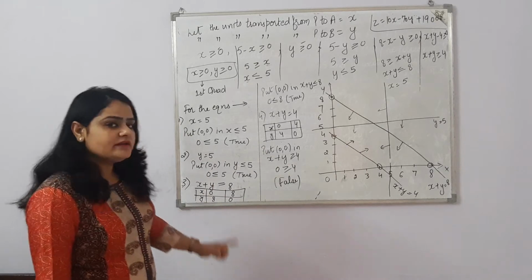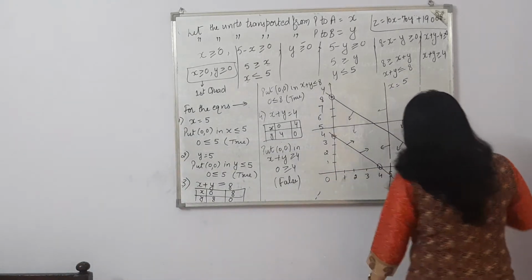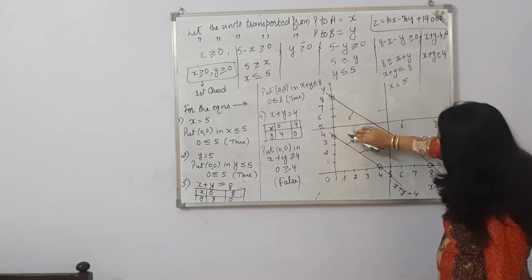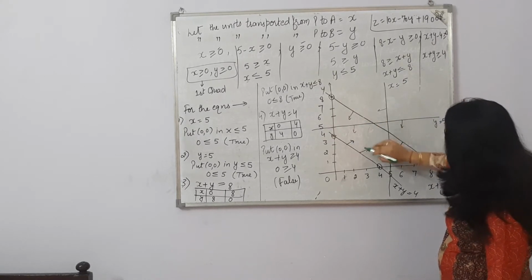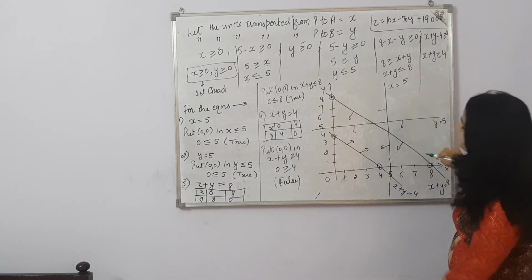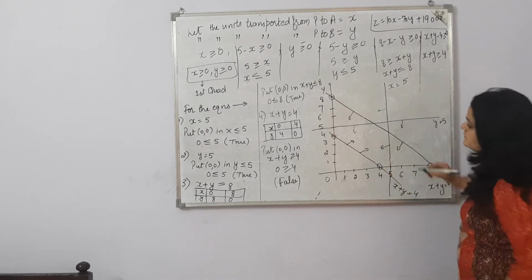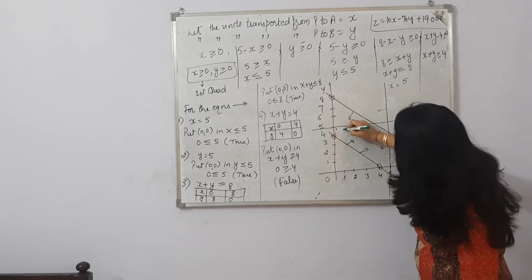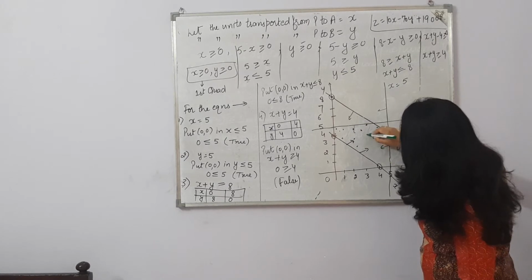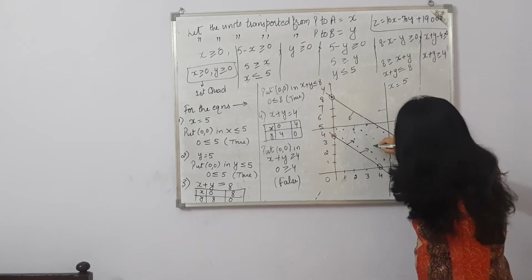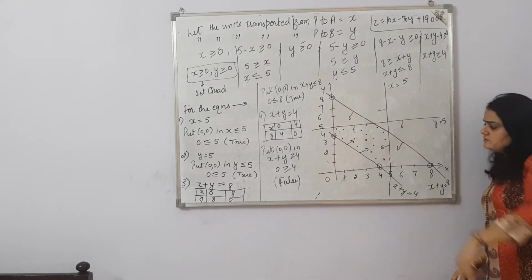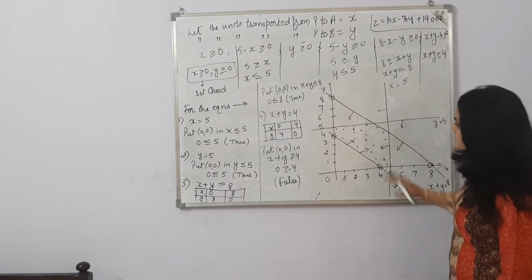Now the common visible region, that means the common shaded area, will be the first line shading, second line shading, of course the third line will shade from this side, and the fourth line's shade. First, second, third line, and fourth line shading will be this. That means this is the common visible region. And of course you are watching that this is bounded. It is closed from each side. So the visible region is bounded, and it is in the first quadrant.